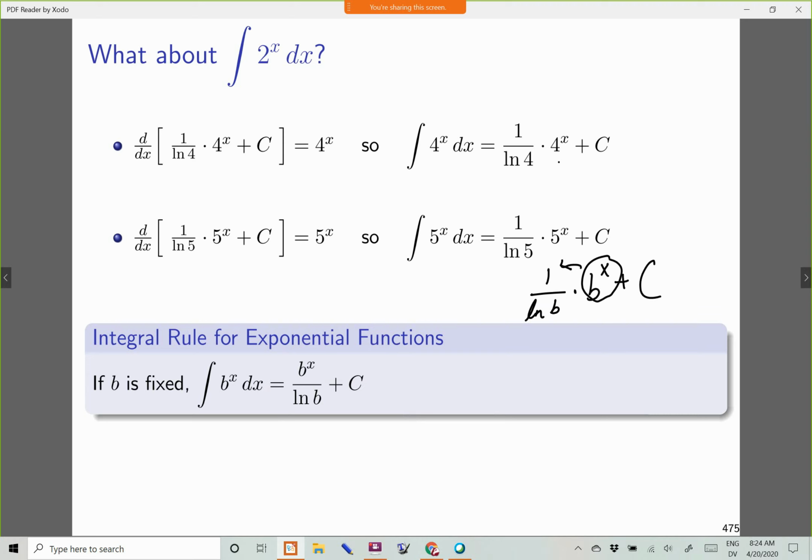So there are two different ways to write it. You could write it like what's shown right there, or you could fix how the algebra is written so that it is b to the x dx equals b to the x over ln of b plus c. That's the result of anti-differentiating b to the x. So for the question up there, the antiderivative of 2 to the x, we plug in b is 2, and you end up with the integral of 2 to the x dx is 2 to the x over ln of 2 plus c.